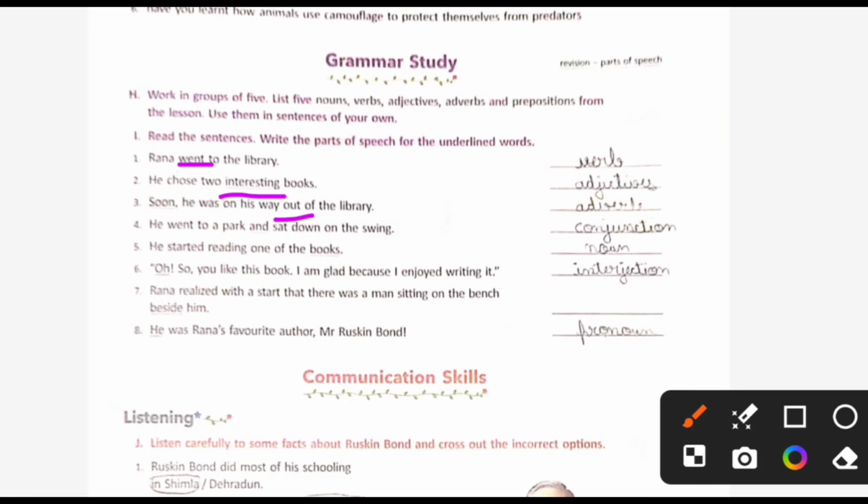He went to park and sat down on the swing. To and on, they are conjunction. Sorry. And is conjunction. Sorry. He started reading one of the books. Books is noun. Oh, so you like this book? I am glad because I enjoyed writing it. O is interjection. 7th,